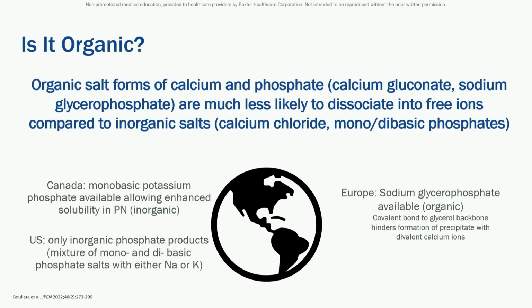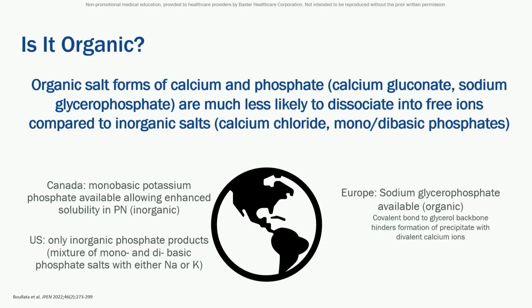It all stems from organic versus inorganic salts. So phosphate specifically has two different forms that are available kind of internationally, and it looks different everywhere you are. And so that creates a little bit of a challenge for us to interpret information, and as we talk about compatibilities, this will come back into play as well. In Europe, sodium glycerophosphate is available. That is an organic form of phosphate, and it's covalently bound to a glycerol backbone,